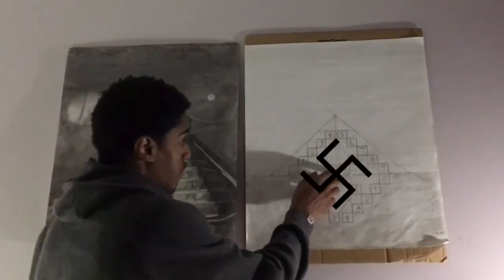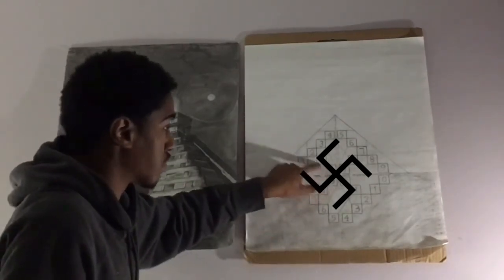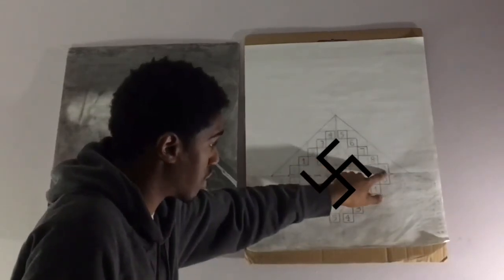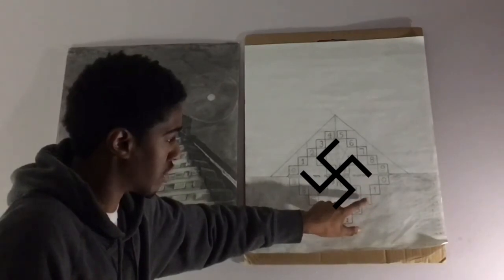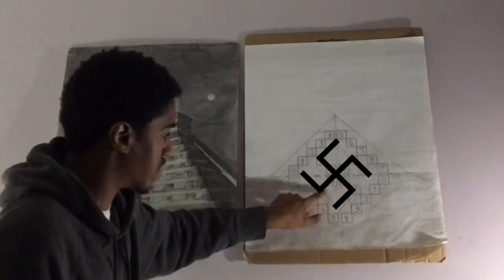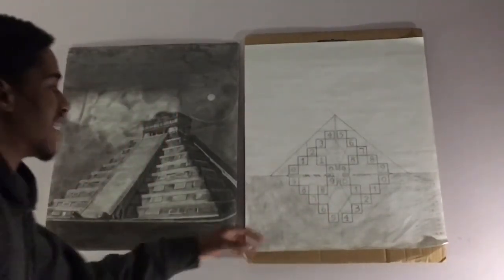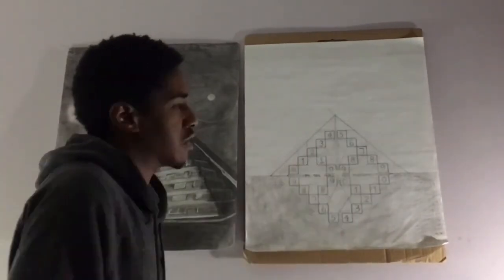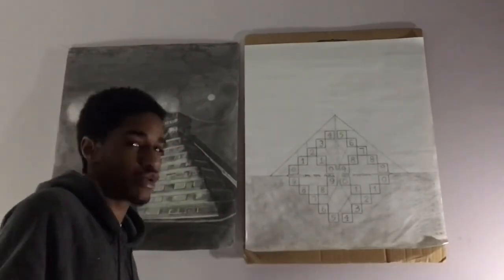Look, y'all, 0 through 1 is bending, just like that. Just like you see the swastika tilted, 0 through 1 bends up here to 4. 5 and 7, it can go down here just like that. And then you end up going back down here with the 0. And that goes out like that. And then, hey, bro, it's not only that, you have the Masonic sign I showed y'all. The swastika is basically 4 Masonic squares